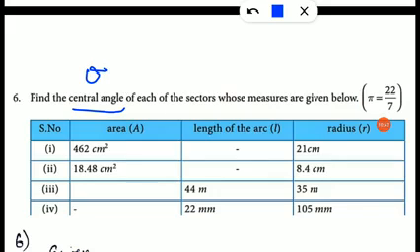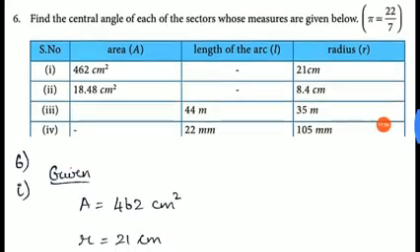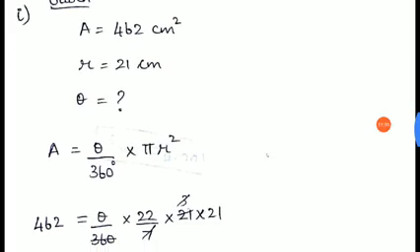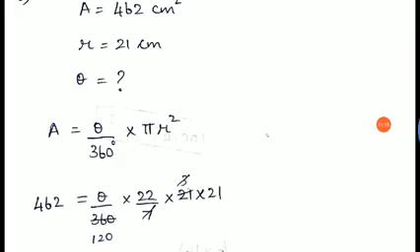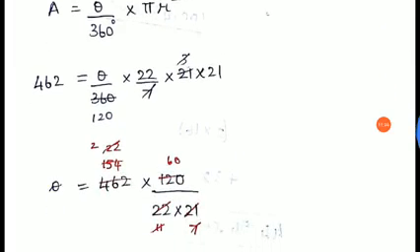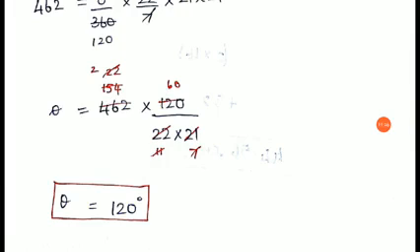Theta by 360 into 2 pi r or pi r square is there. So you have to use either one of the formulas. To decide, you have to check the question. They have given you the value of area, so you have to write the formula for area and then substitute the value. Let's see how we are solving it here. We write the formula for area, and we also know the value of area, that is 462, equals theta by 360 into 22 by 7 into 21 into 21, or 3.14 into 21 into 21. By further solving, you can find the value of theta to be 120 degrees.